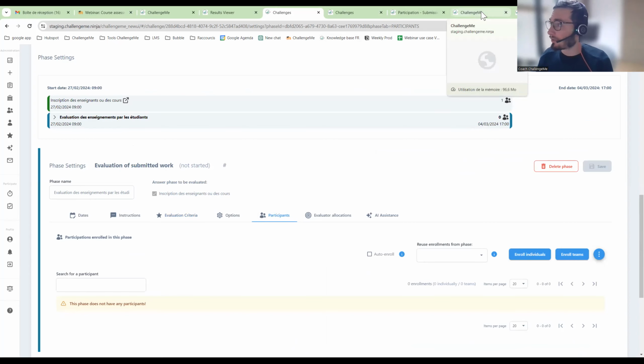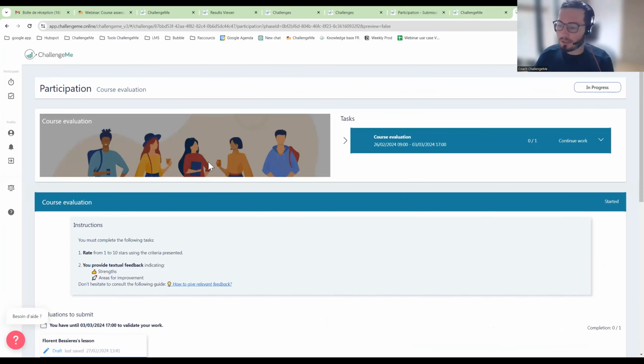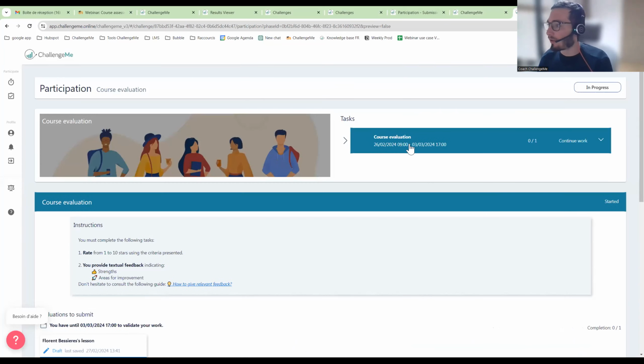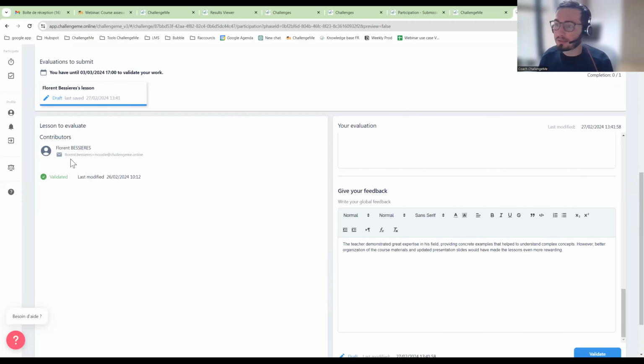Regarding the students, they will see this interface. They click on the activity on Moodle and they will land on this interface. They will only have one phase, which is the course evaluation phase. Here I will see that I have to assess the course of Florent Bessières, as it's indicated just here.